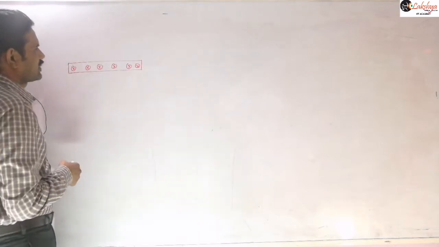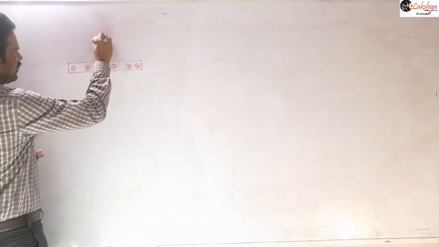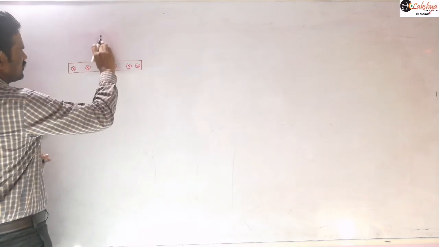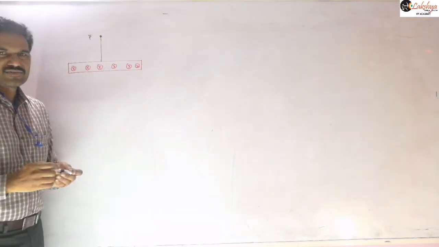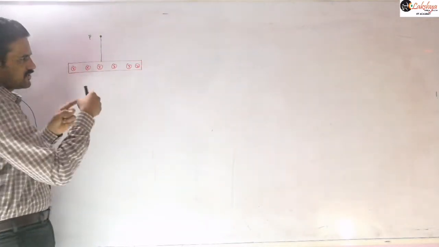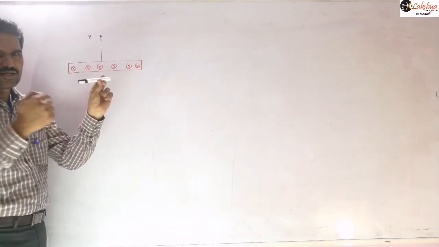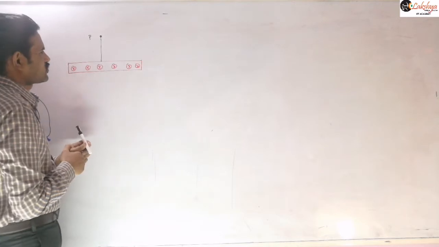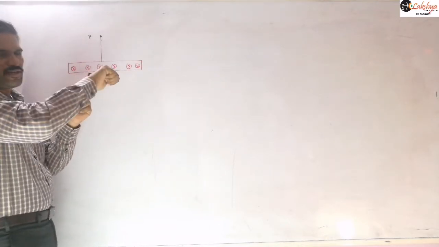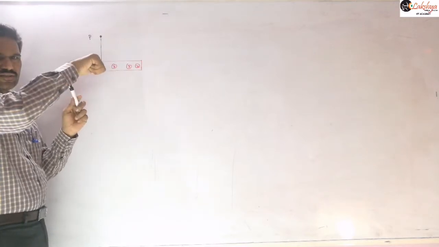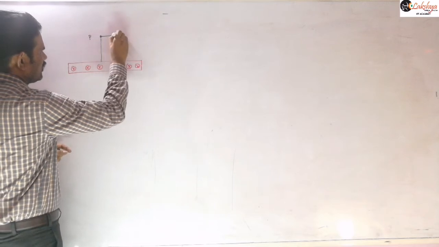Now can you guess the direction of the magnetic field due to this? Suppose we are finding the magnetic field at this point P. What is the magnetic field direction there? If the situation is like this, then the magnetic field will be parallel to the plane and perpendicular to the direction of the current. Current is entering into the plane, so the magnetic field lines are like this, tangent like this. So the magnetic field direction will be like this at the topmost point.